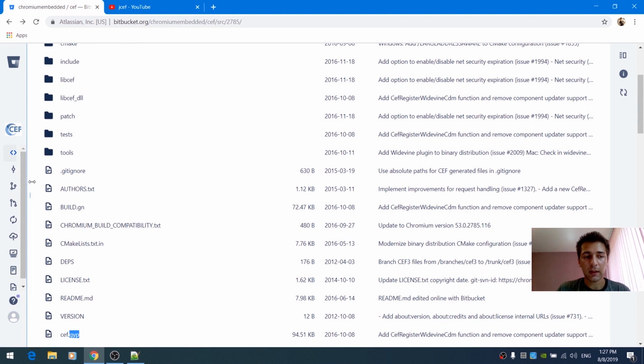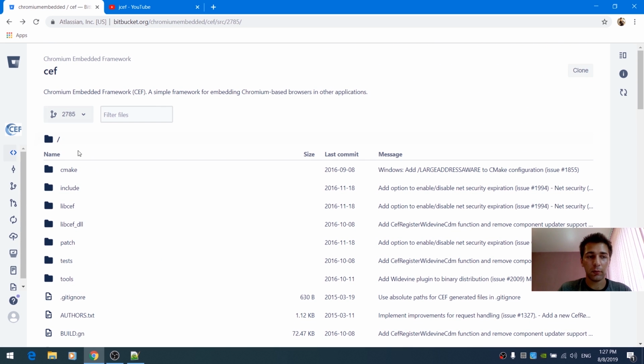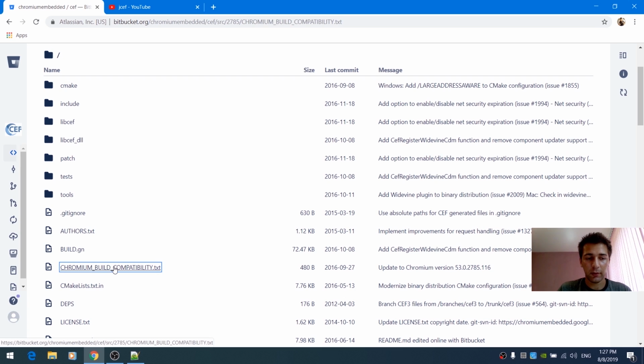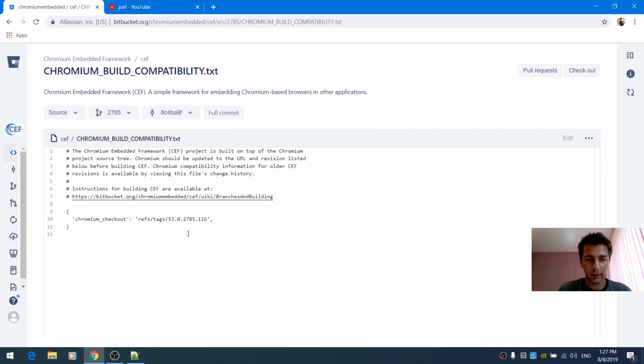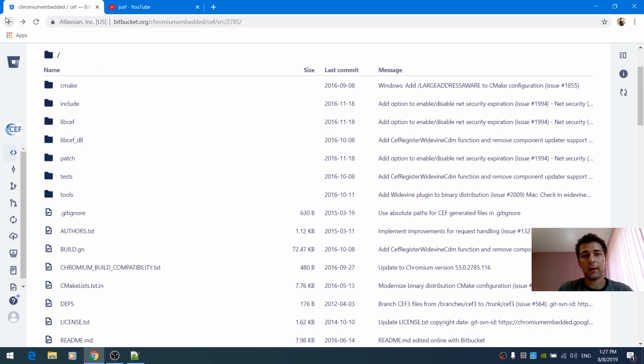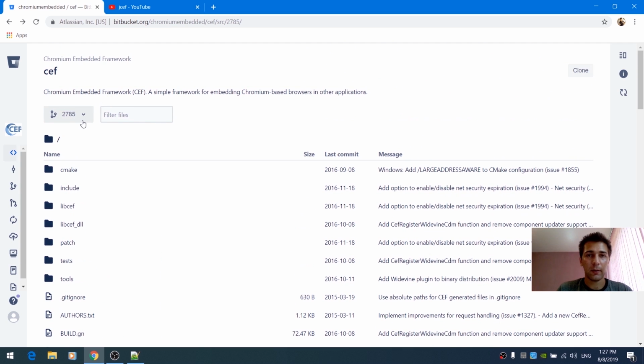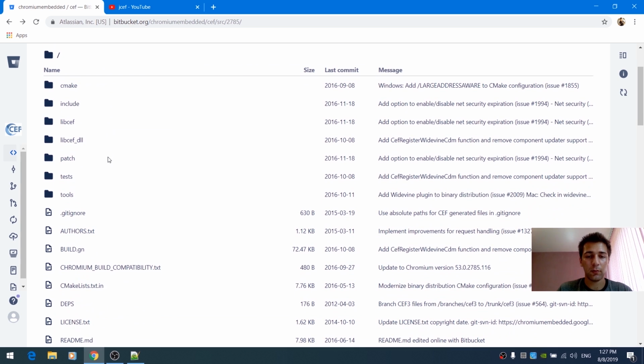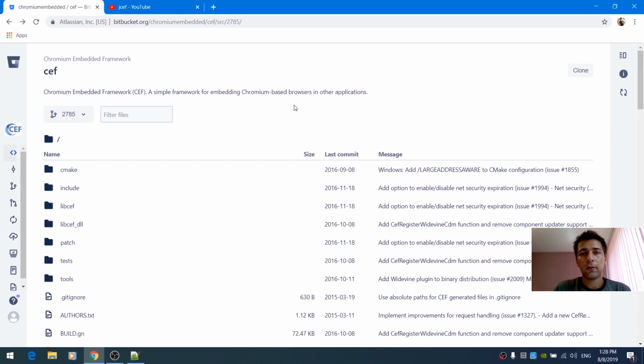But I plan to create another video in which I'm going to build an even older version like Chromium 39, because this one is using Chromium 53, I think. What else I'm going to show in this video is how to reduce the size before and after the build. Also, please note that if you're watching this in the future, like 1 year later, you might have additional